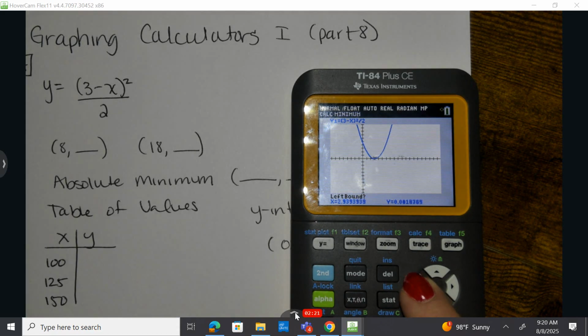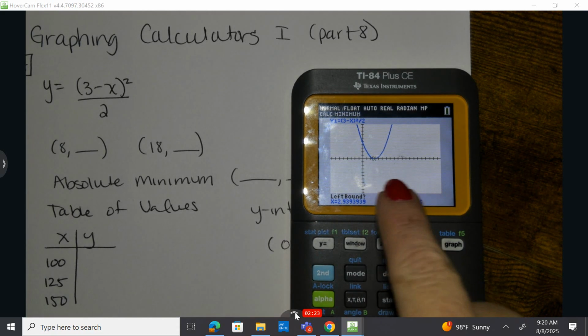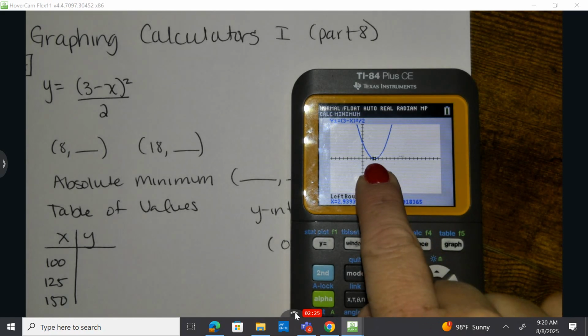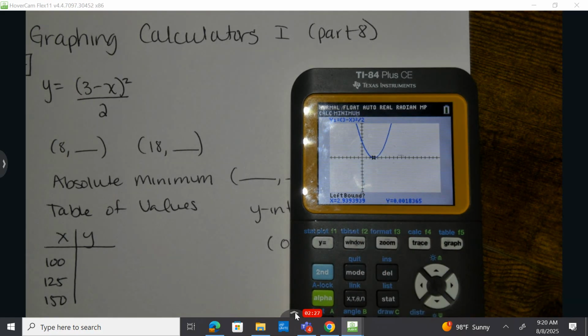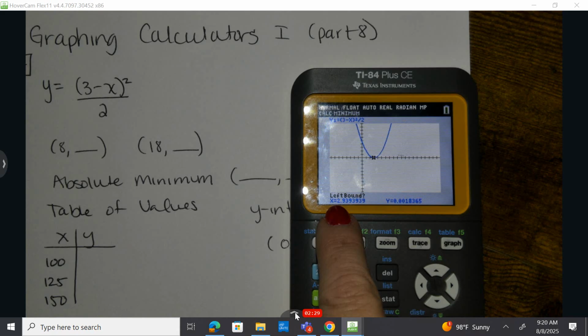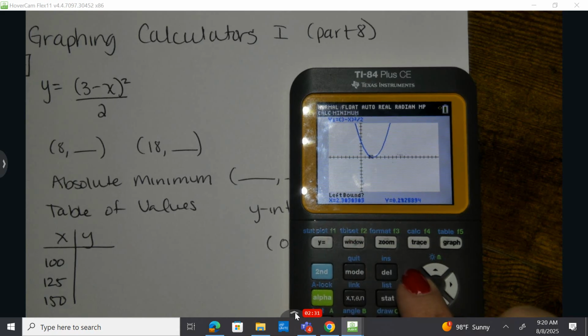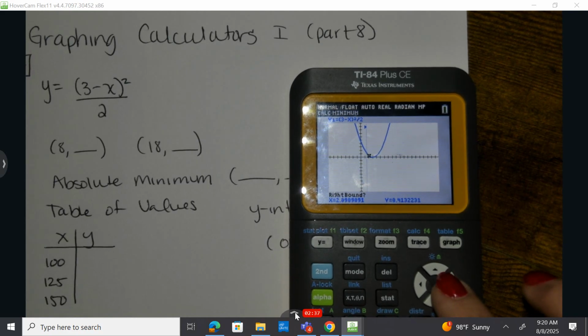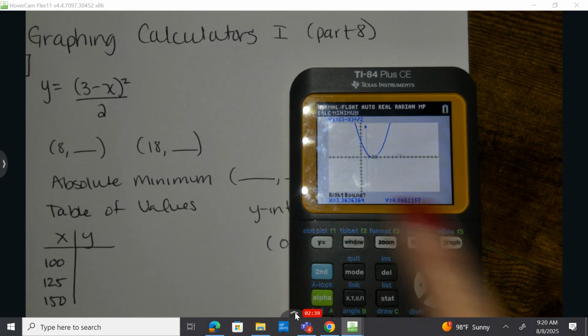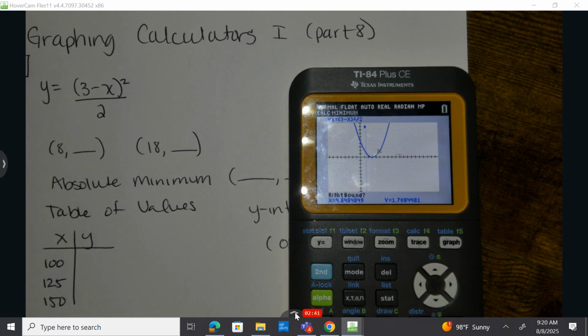The slow way starts by me starting to take this and place it at the lowest point, and then I follow the directions. The directions say go left to the lowest point. How far to the left? That's up to you. I press enter, which is located in the bottom right-hand corner of your keyboard. I go back to the lowest point and I follow the directions. I go to the right and I press enter. And then I press enter one more time,